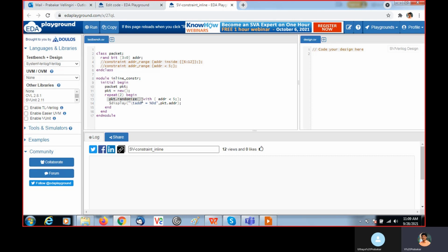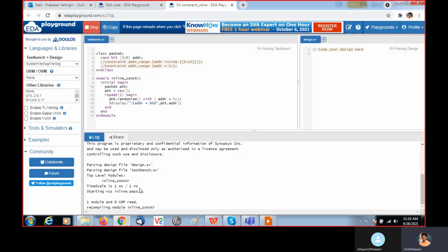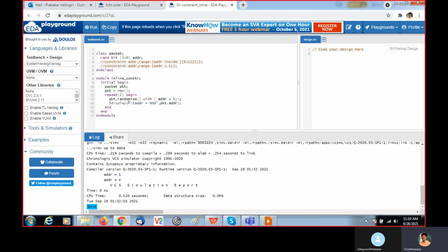Along with randomize, tkt.randomize with address less than 5. If I mention it like this, automatically the constraint will be applied while randomizing. The address values displayed are 4, then 1, and then 4. These are less than 5. So you can also mention the constraint here.